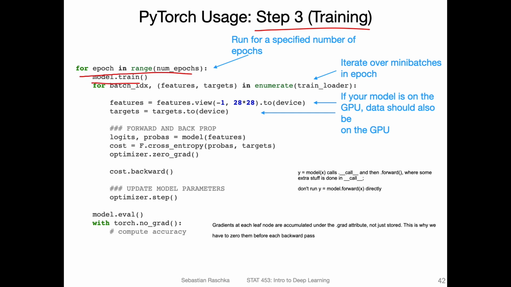Notice that we set model.train. This is a good practice because later there will be certain functions where we have a different behavior during training and evaluation. For example, there's a concept called batch norm or dropout, and it's a good habit in each epoch to set it to .train, and then when we do some logging or evaluation, to set it to .eval. It's just a good habit, so I will also make sure in my code examples that I provide to you that this is indeed specified.